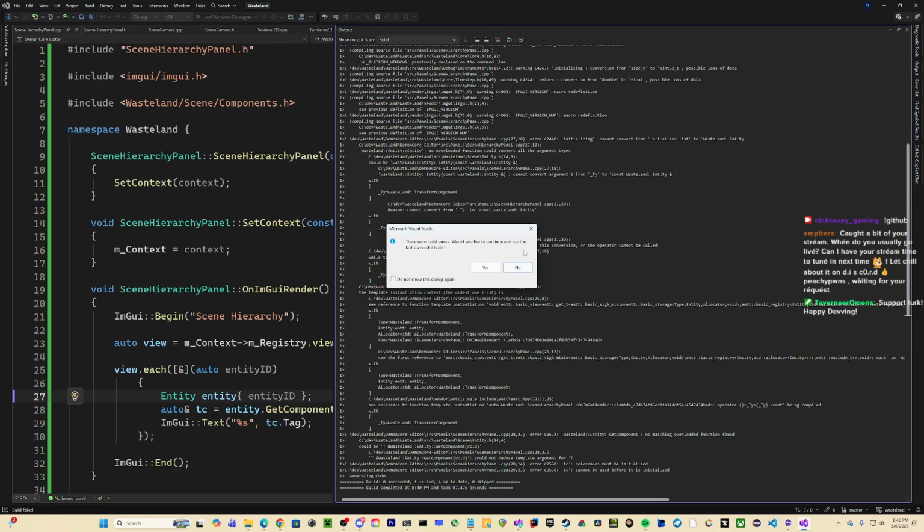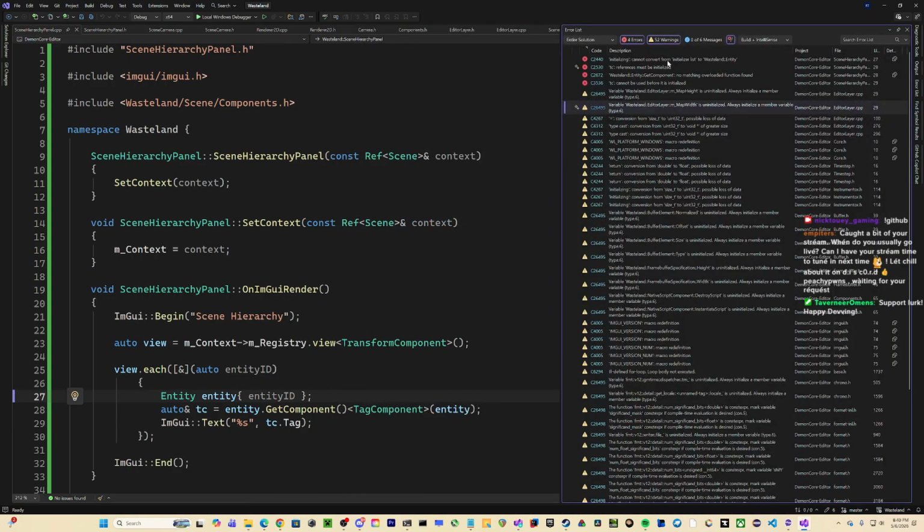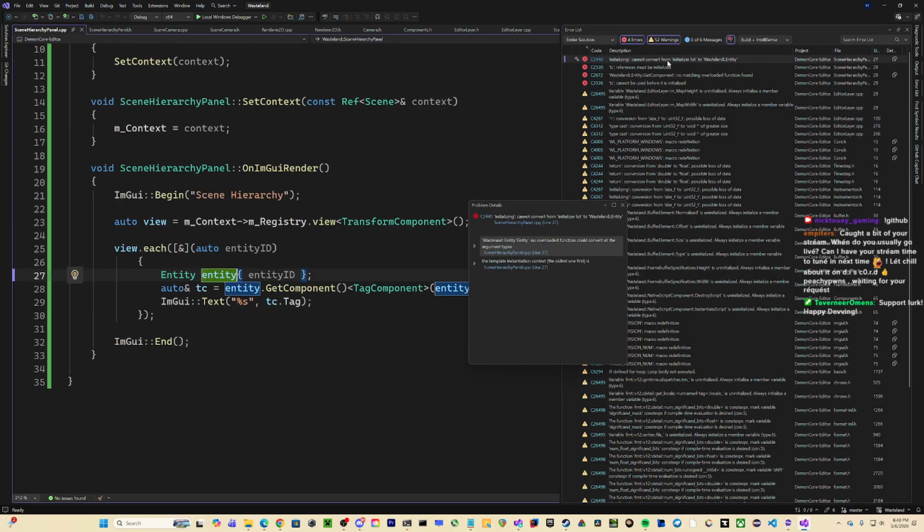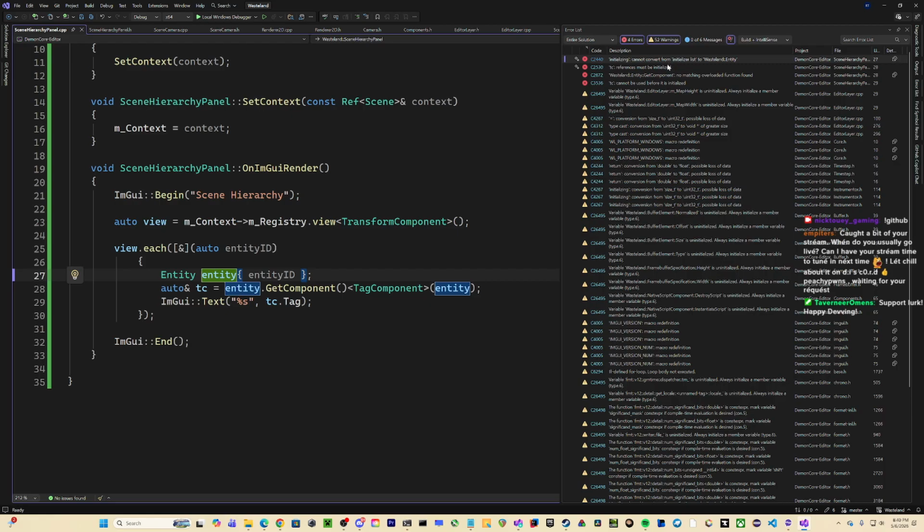For now, getting rid of that fixes a load of issues. Now there's initializer list to what? Bullshit, man. What a load of bullshit.